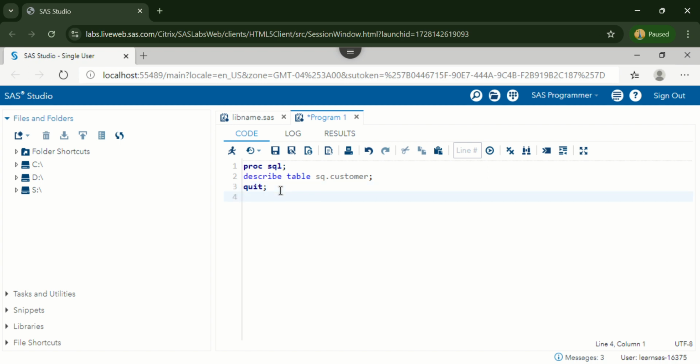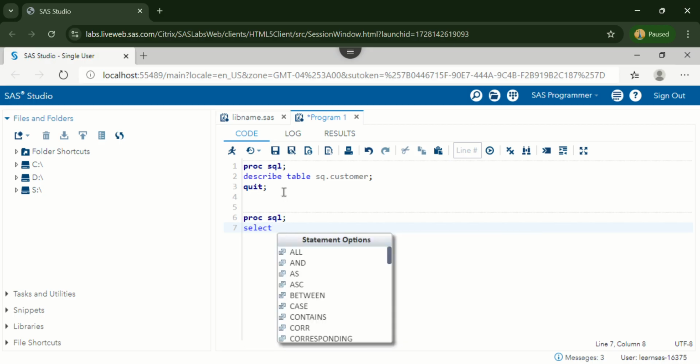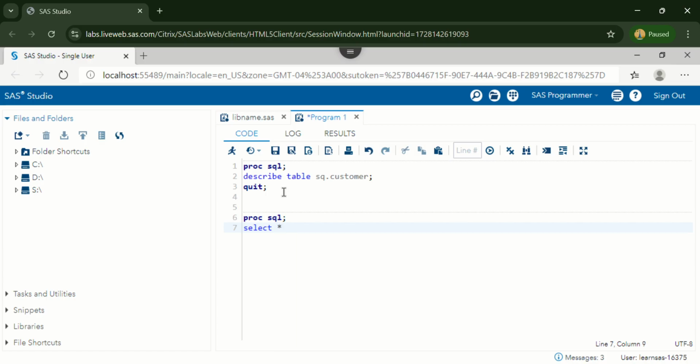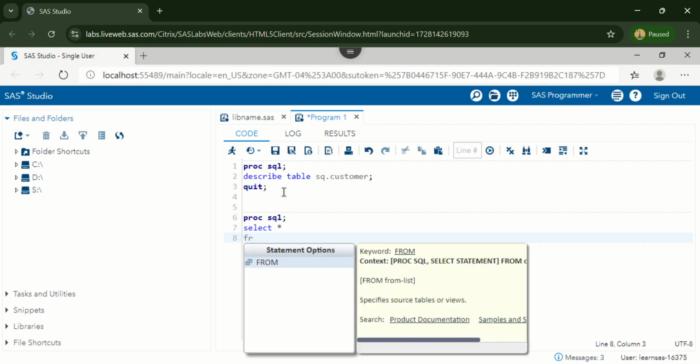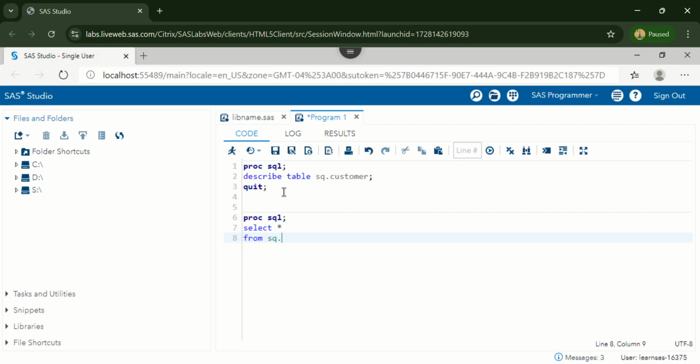How do we preview in PROC SQL? While using the SELECT statement with the FROM clause, we will use the previewing the table option, that is PROC SQL, and then SELECT this asterisk symbol, which stands for all the columns in this source table, FROM sq.customer, the same table used for DESCRIBE TABLE,